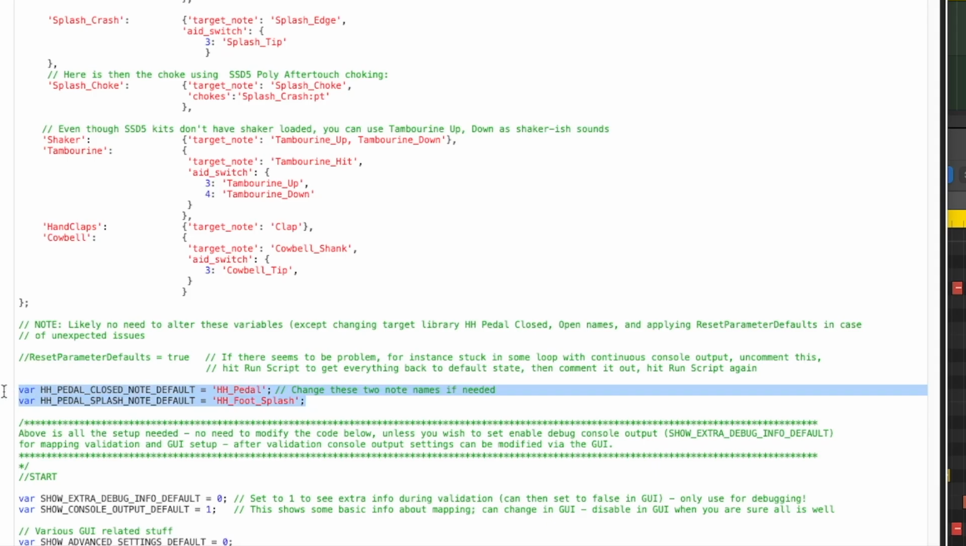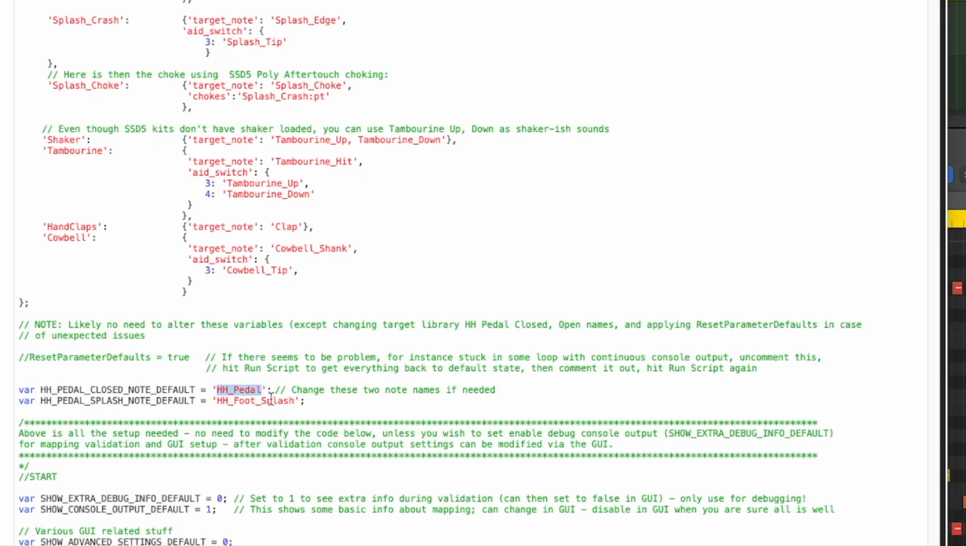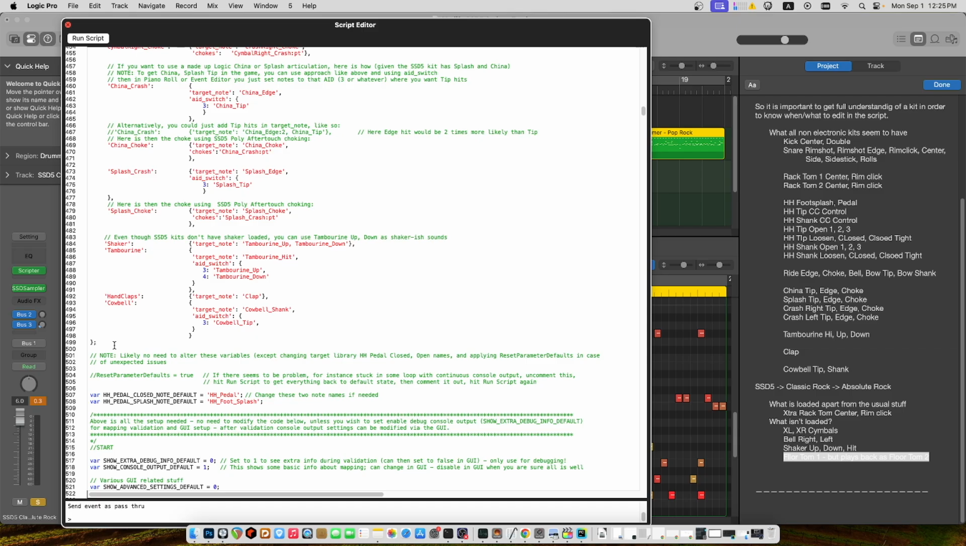And then down here, most people won't need to even worry about this. This is for automatic detection of hi-hat close and splash based on CC data. So this is just specifying which Slate note plays the chick sound and then which one plays the splash. In the user manual, it goes into excruciating detail on all this kind of stuff. So if you really want to go super deep into this, you can get more detail there. My first videos on this plugin also go into great depth on all these mapping intricacies and how it